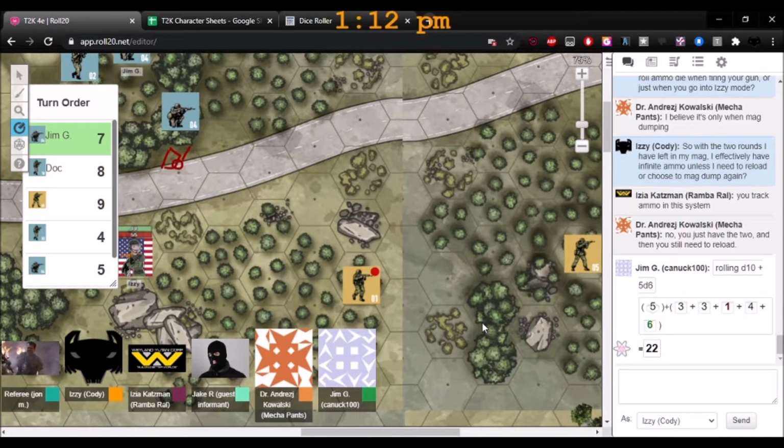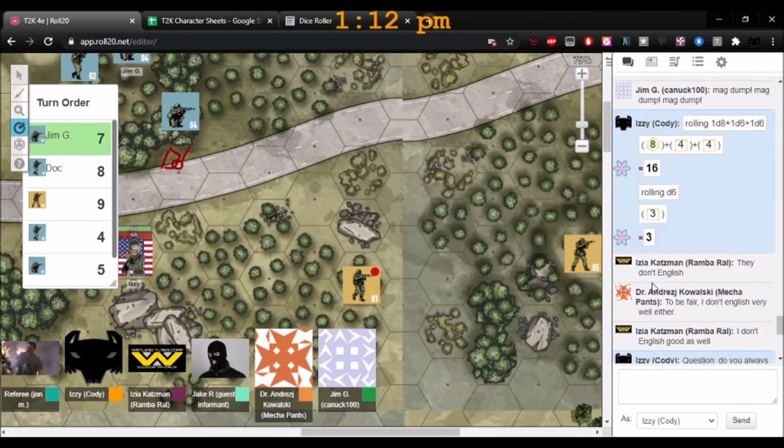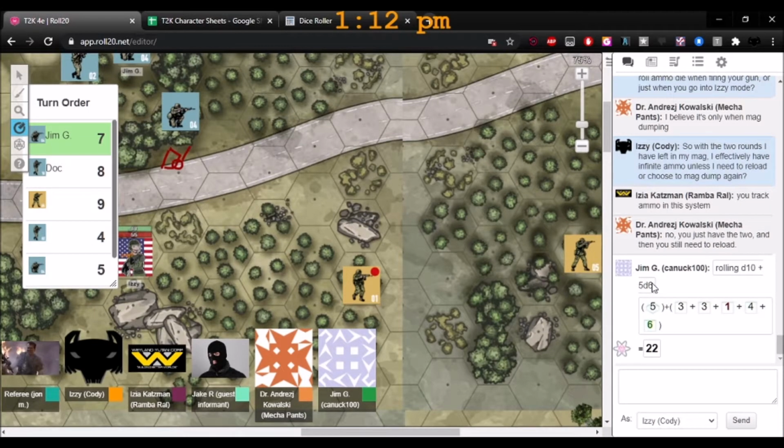Oh no, it's not a mishap. So there has to be 2 1s. So basically, nothing happened except for that 6 on the ammo dice means that the target is suppressed. Right, exactly what I was going for. Nice. So I'm gonna put just a marker on the suppressed guy so we can see that they're suppressed, and this other guy was suppressed too. So I'll put a marker on him.